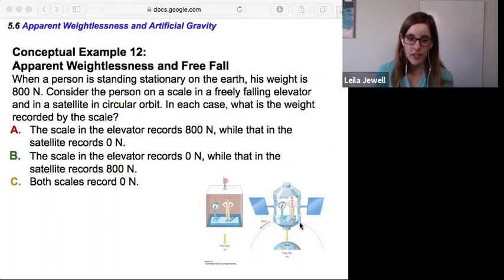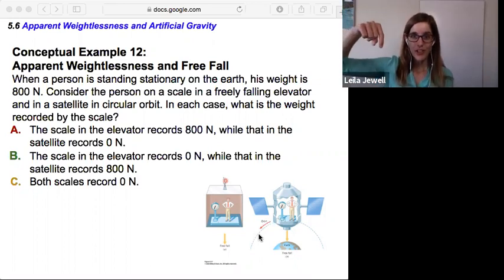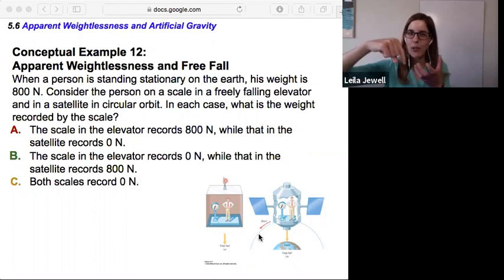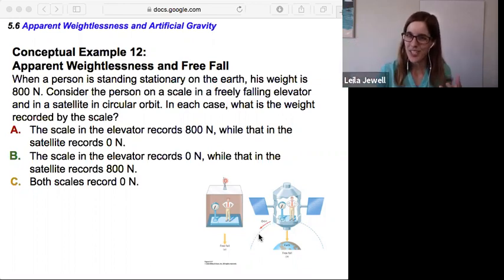Well, in this case, the man and the satellite are feeling a force towards the Earth, and there's no normal force. There's nothing pushing back to keep them up. The only reason they don't crash into the Earth is they have this large amount of velocity going sideways. So even though they're falling towards the Earth, the Earth keeps moving away from them. And so it creates this interesting circular path. But even so, the satellite is constantly falling. It's in constant free fall.